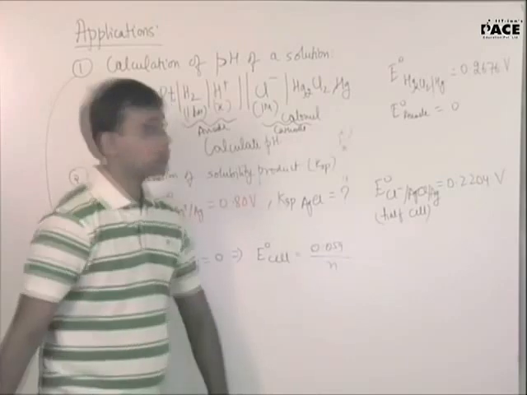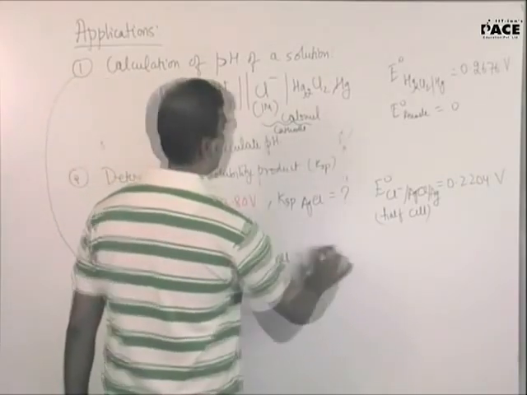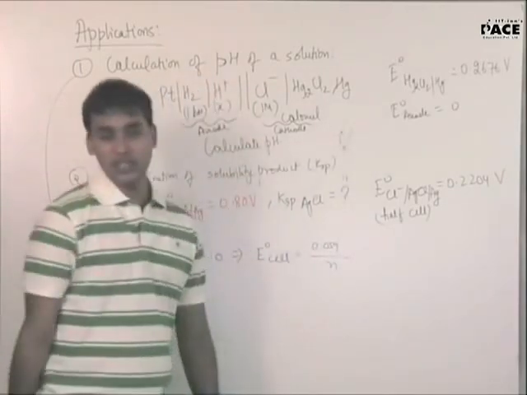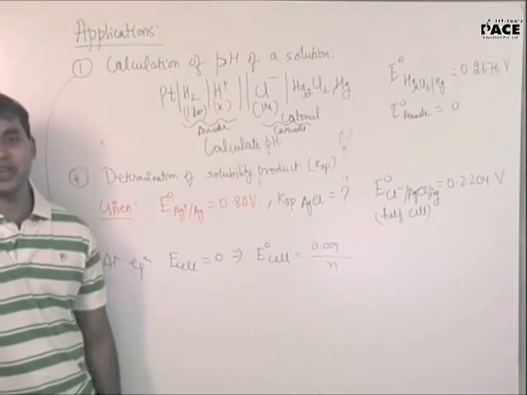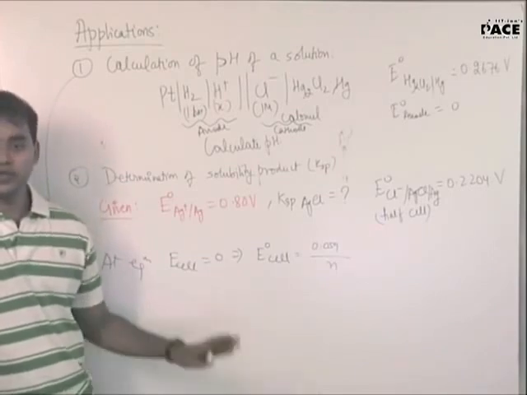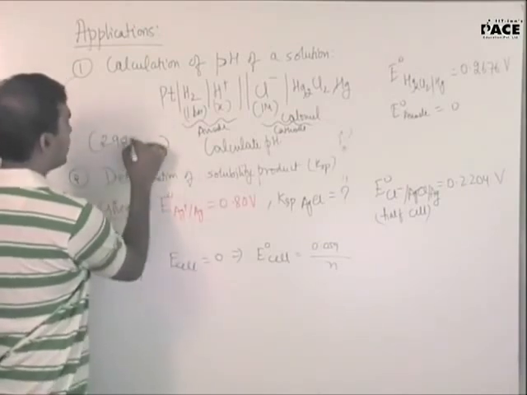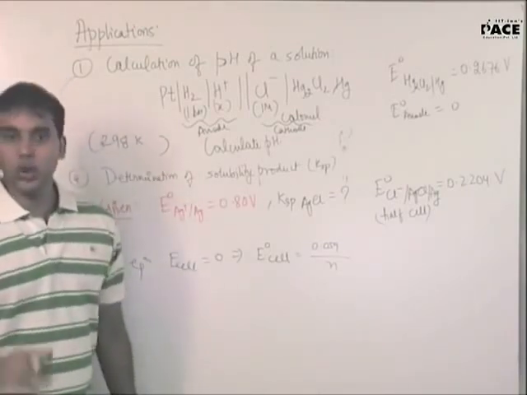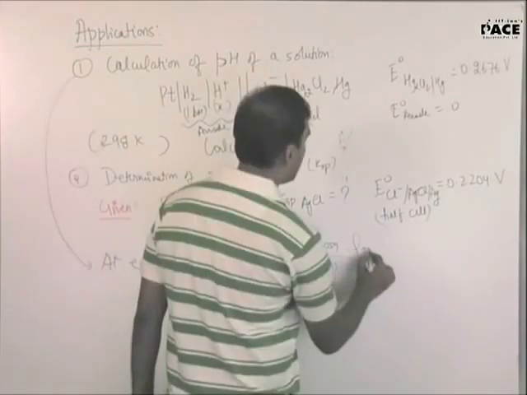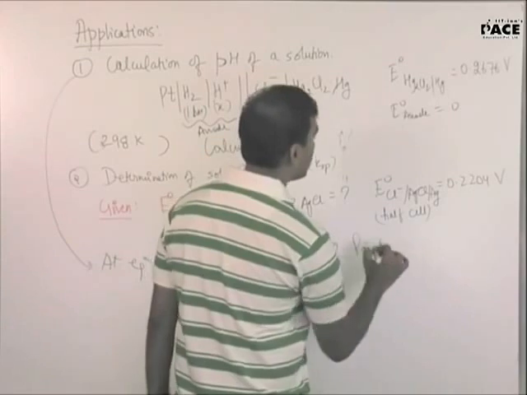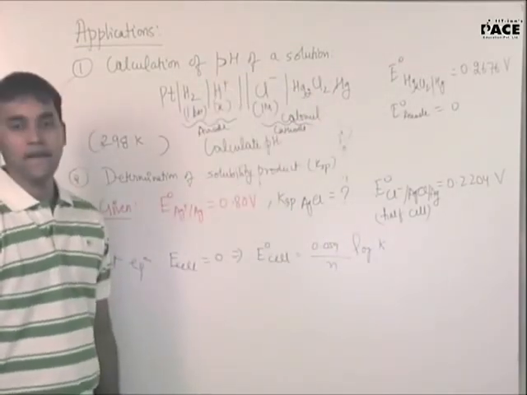Temperature is not given. Okay. Let it be. But see, if the temperature is not given to you in JEE, assume it to be 298, because at times they do not give temperature. So in this case I am writing temperature as 298 Kelvin, but in case I do not mention it, go ahead with 298. Okay? Standard conditions. Log of K. Clear? So what will be K in this case?